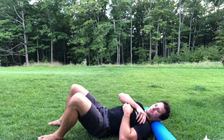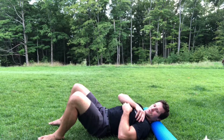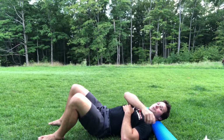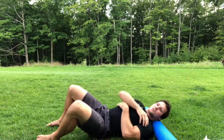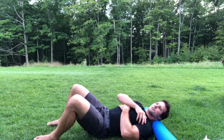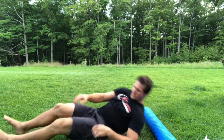I'll do some chin nodding. Put a little stretching through there. Put it on stretch, roll back and forth. And it's gonna take a little bit more time because the foam roller goes over a broader space and a lot more musculature. So you're gonna need to spend a little more time on here because of the less direct pressure, but it's a lot more comfortable for most people. So,